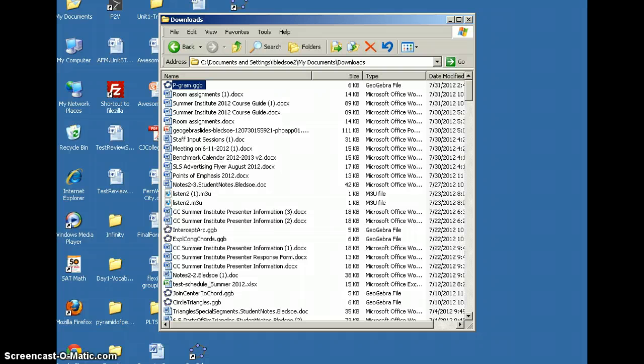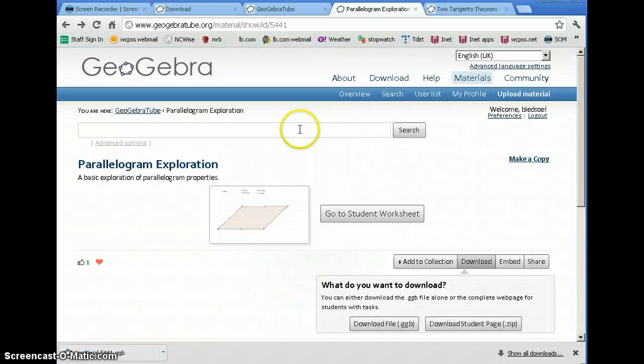So let me go back to my GeoGebra Tube. Now here I'm back at GeoGebra Tube, and I want to go to my account. I'm already logged into my account, and let me see where I am. Still on this page here. I want to click on where it says Upload Material. So up in the upper right corner it says Upload Material. I click on that,